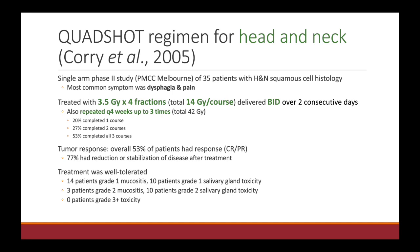So this was a single-arm phase 2 study of head and neck patients with squamous cell histology. Most commonly, they were presenting with dysphagia and pain, but again, these patients can have bleeding as well. And the dose is a little bit lower because we're now limited more by the spinal cord, but the dose is 14 gray in 4 fractions, but just like in the pelvis, it's delivered BID 6 hours apart over 2